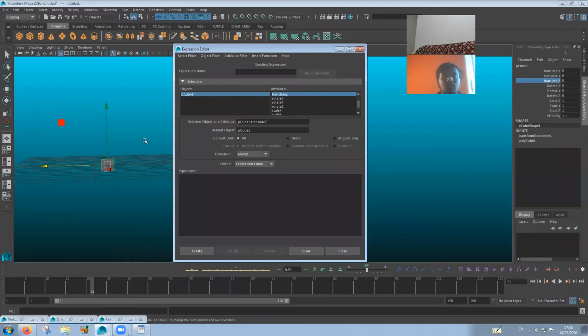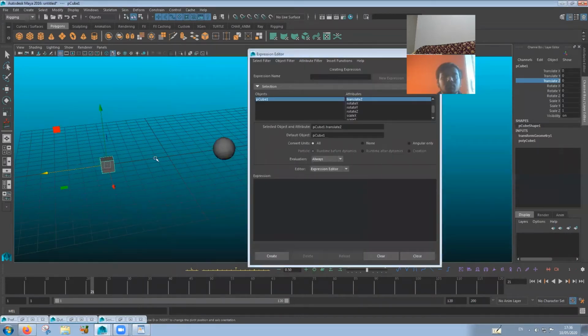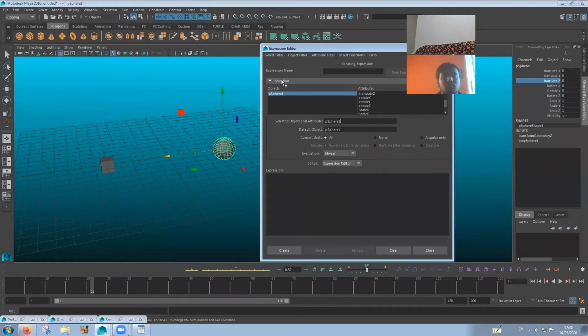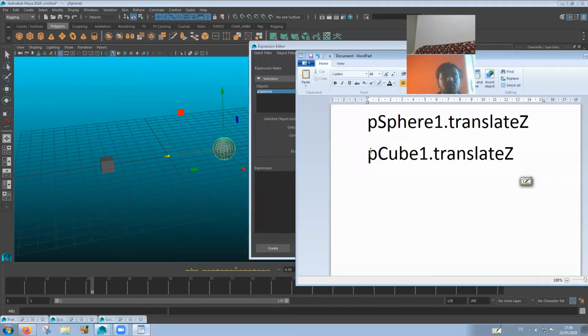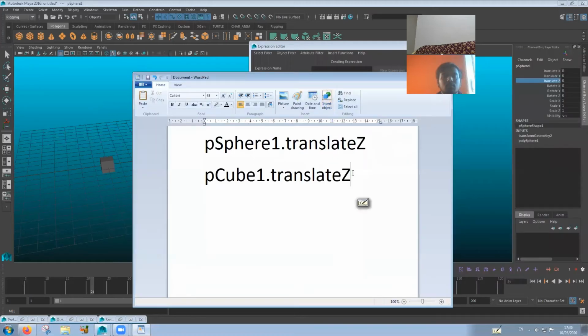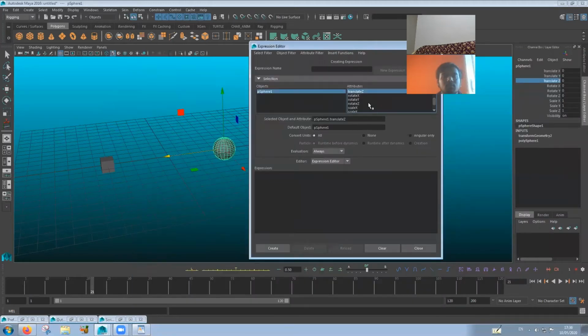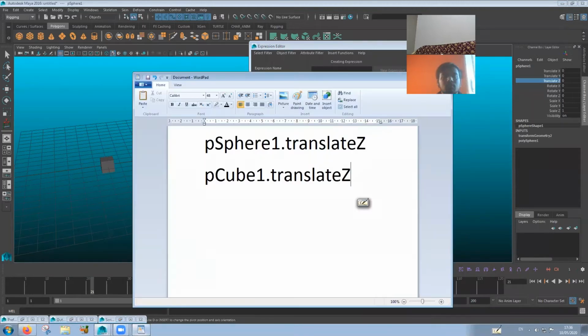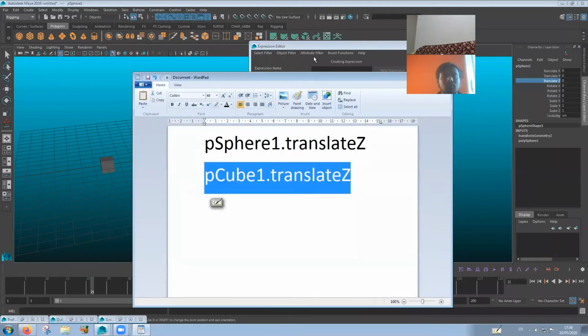So what I want to tell Maya is that wherever this one moves, whatever the value this moves in translate z needs to be copied by this to get the desired effect that we need. Okay. So once we go over here, what we're going to do is we're going to say translate z, p-sphere one translate z is equal to p-cube 1 translate z.